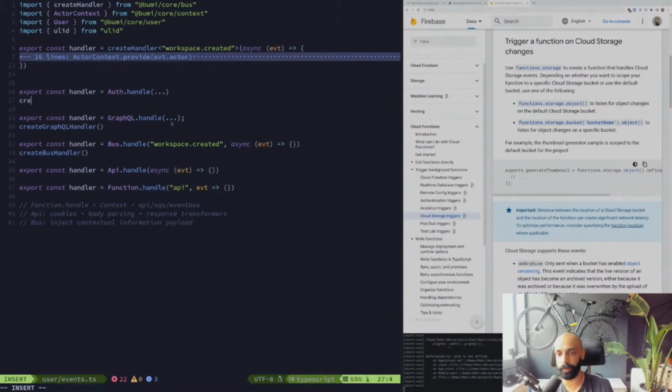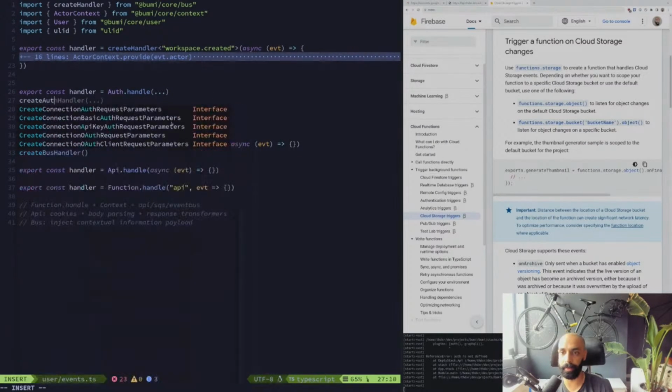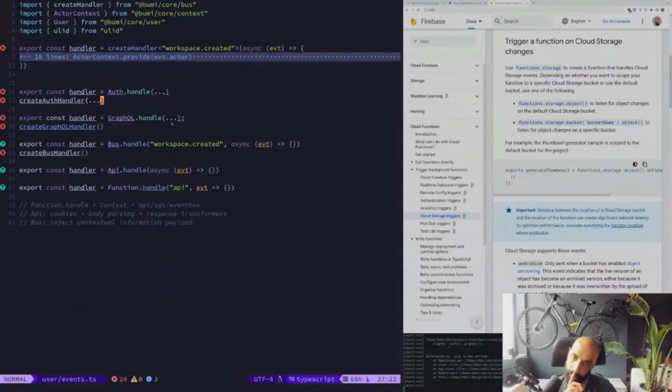And same with auth. You're creating a handler that can do auth. So the fact that it's handling a specific type of event should almost be transparent to you,